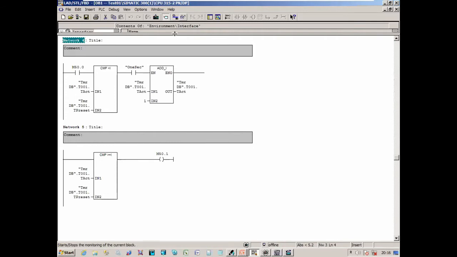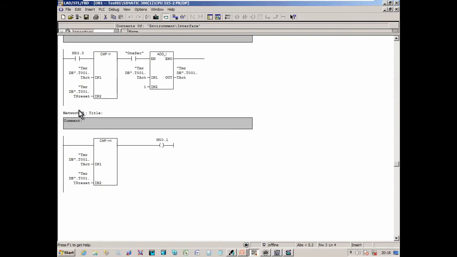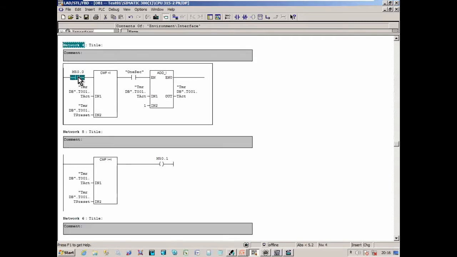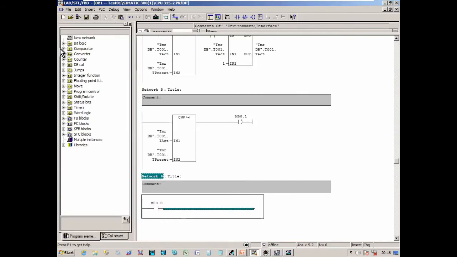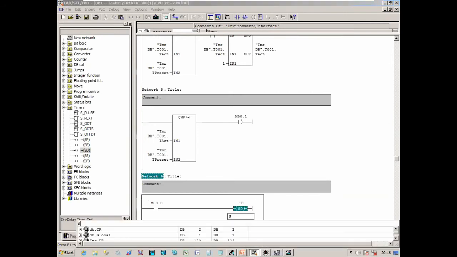Let's go down to the bottom and make a timer. So I'm going to use the same bit here to trigger the timer. Then I'm going to put a timer in here. I'm going to use the SD timer because that's the on timer, the on delay. And I'm going to make that S5